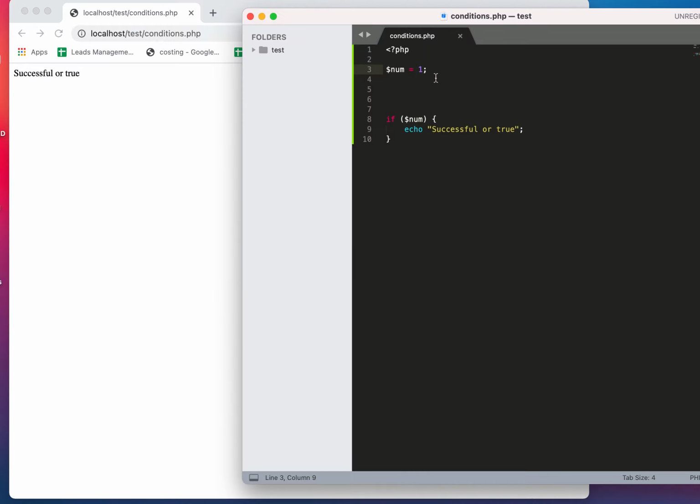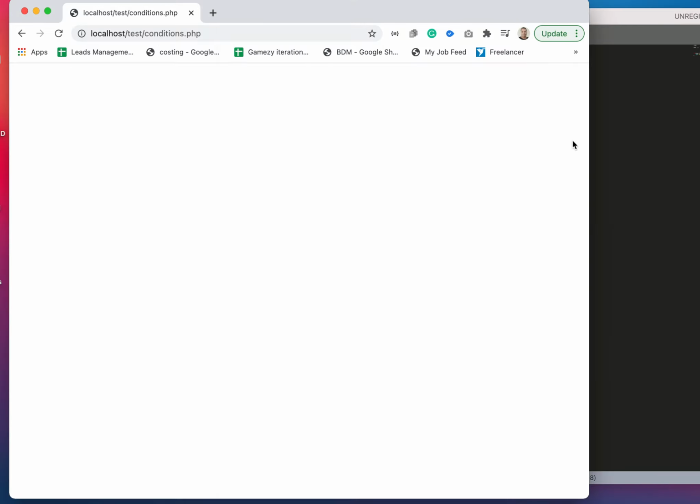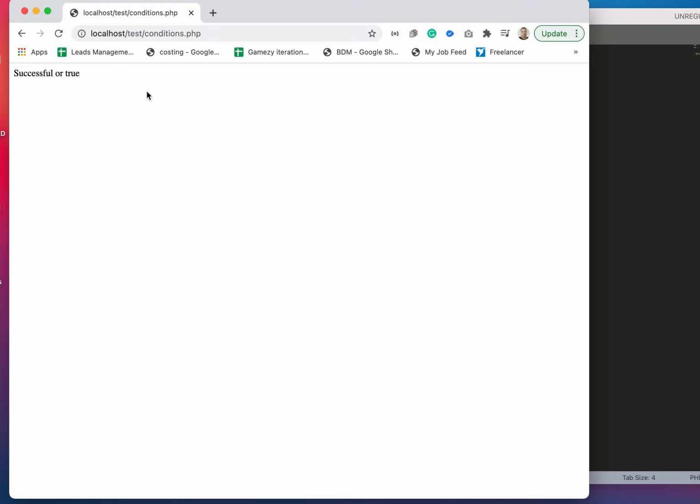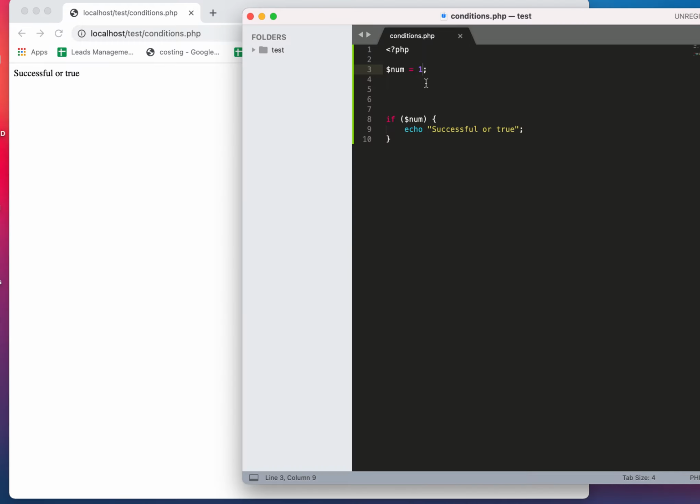So when the number is 0, it is treated as false, and when this is 1, it will print success or true, correct? So 1 means true condition and 0 means false condition, correct? Let's check another number.